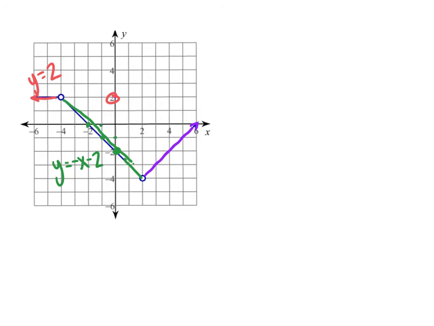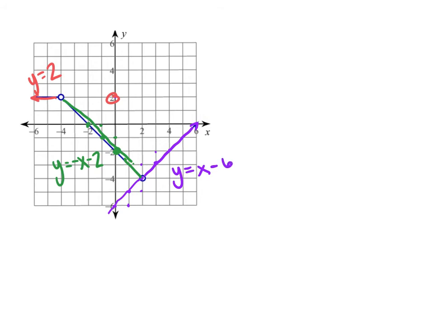And on the purple function, again, you can calculate the slope first. So slope up 1 over 1, that means we can go this way, like this. And so the purple function is going to run like this, and it goes through 6 as your y-intercept. So this time your slope, though, is positive. So we have y is equal to x plus 6, or x, I'm sorry, minus 6 as